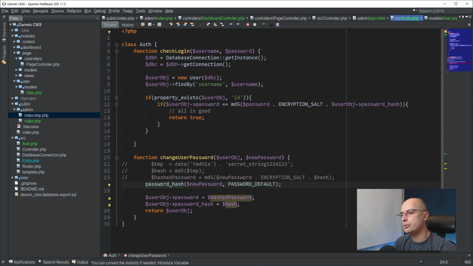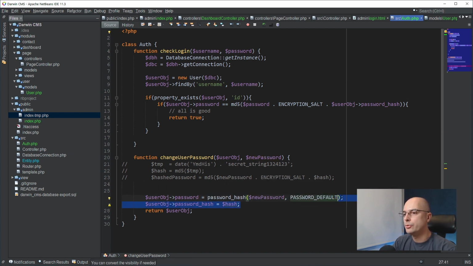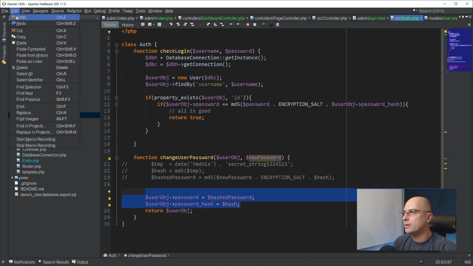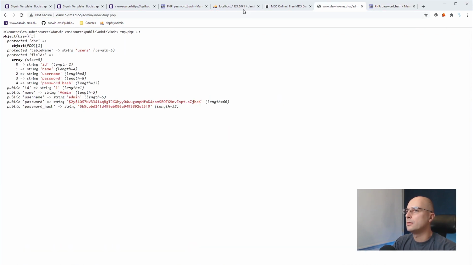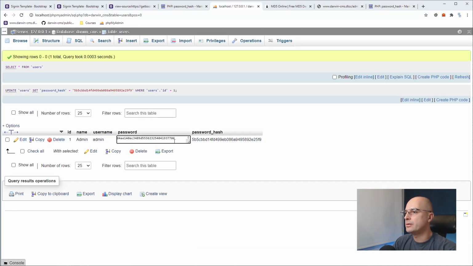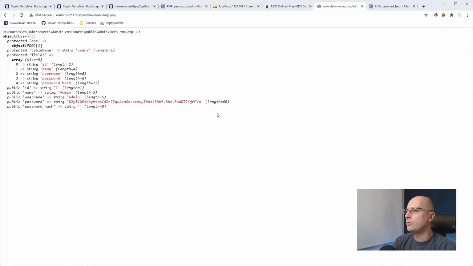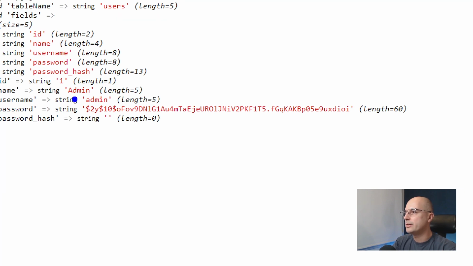And this password_hash will basically make our password with the hash included. So we don't even need this password hash field. We can just call it and set it like this. I will actually leave this code commented for you so that you can compare it if you are coding along. Then if we call our temporary admin file again, let me just clear the database so that it doesn't confuse us. Now inside our administration, we can actually see this string representation,